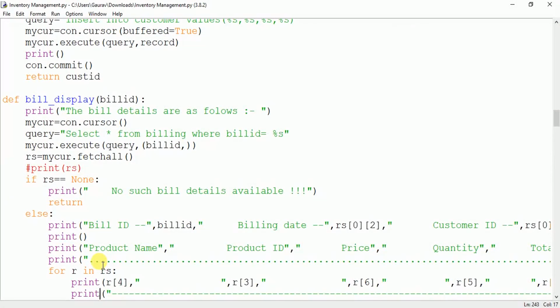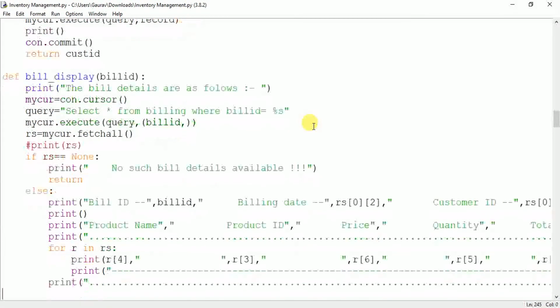So a bill ID will be generated, and on the basis of that particular bill ID you will search the billing table, and you will display all the products that have been recorded on that particular bill ID. If you are visiting today, if you purchase 5 products, the bill ID will be same for all those. If you visit after 1 hour or you get a new bill, then the bill ID will be different.